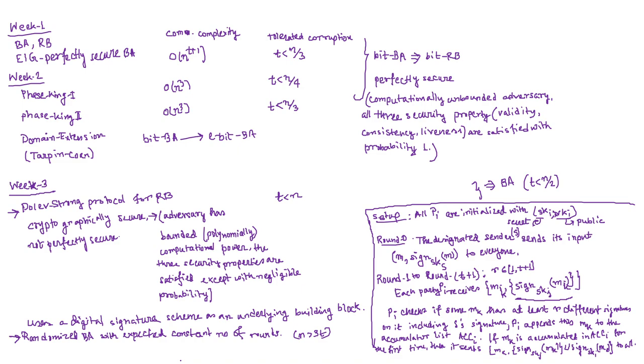So what was the randomized BA protocol that we had described? Just take a quick look at that. Here we have two building blocks. One is the vote protocol. So what is the vote protocol? This is a 1 round protocol